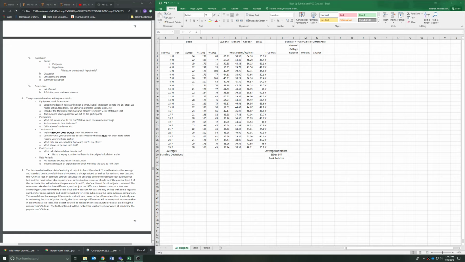In this tutorial, we'll be covering how to do the data analysis for Scientific Writing 3, comparing the submax and the VO2 max test to see which submax is best at predicting the VO2 max values. So to begin, we're looking at the data analysis in the lab manual. It tells you to go in and calculate the average and standard deviation for anthropometric data, the submax tests, and the VO2 max tests. So, just like any other time we've calculated average and standard deviation, we'll go in